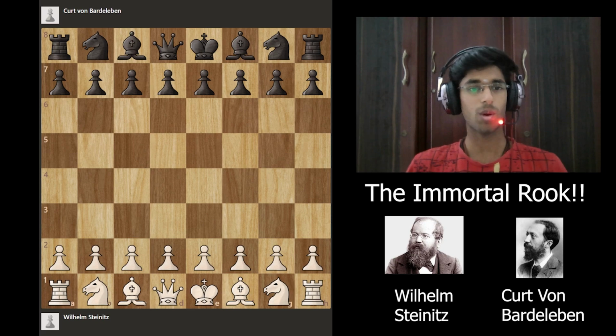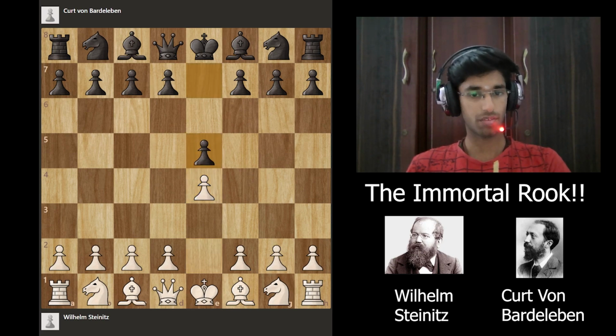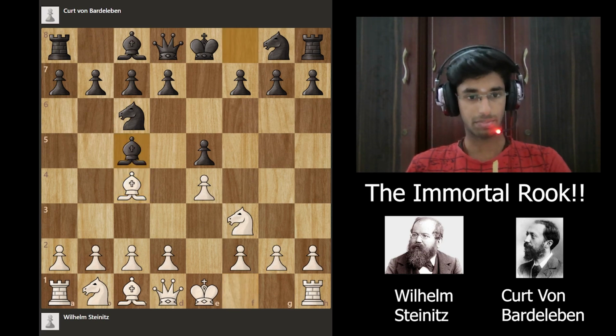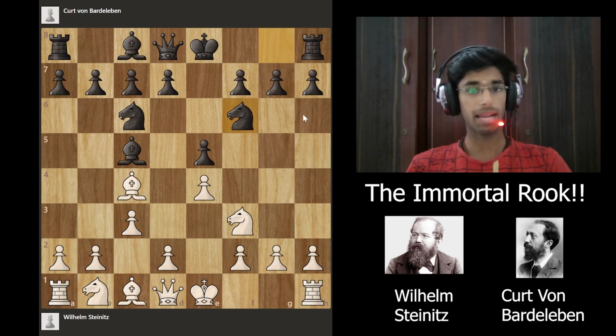Okay, and Curt Von Bardeleben is a German chess master. Steinitz started the game with e4, black responded with e5, knight to f3, knight c6, bishop c4. The Italian game is on the board. Black plays bishop to c5, the Giuoco Piano, and after c3, trying to play d4, black plays this move knight